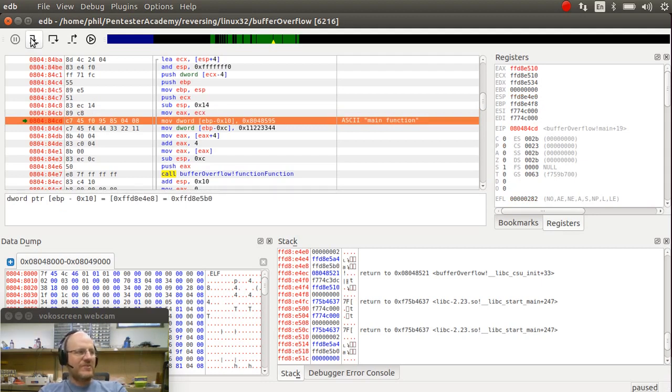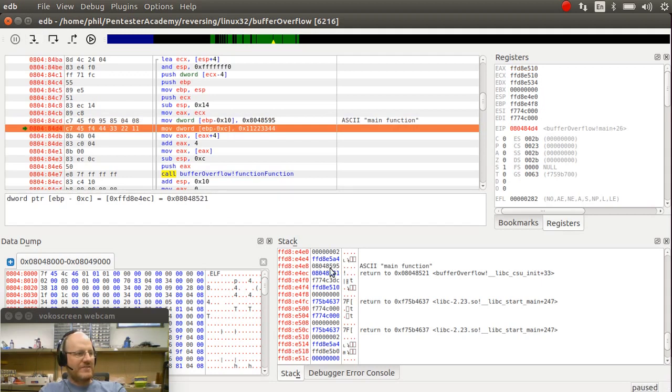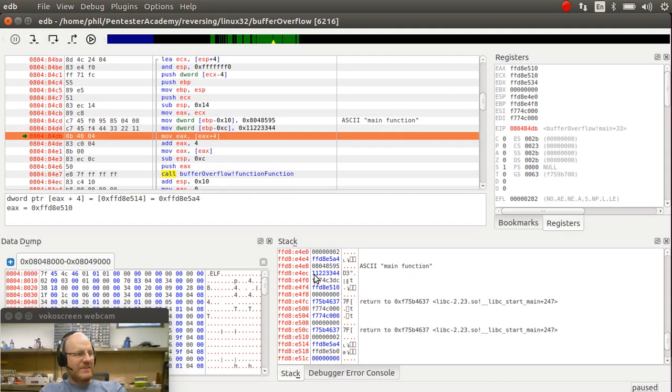So the first thing I'm going to do is I'm going to move the memory location for main function into EBP minus 16, x10. So I should see this value appear in my stack. There it is, right here. Now I'm going to move 11223344 onto my stack. There it is,